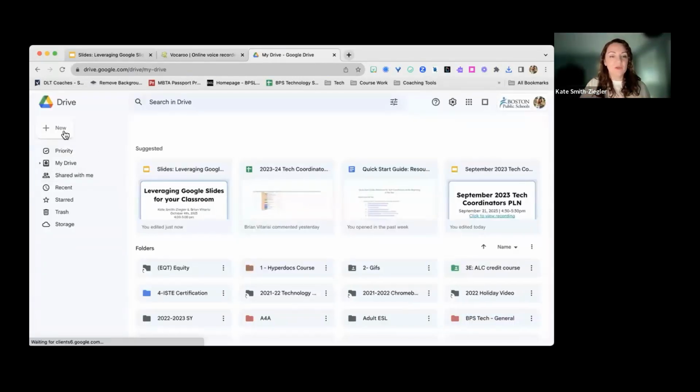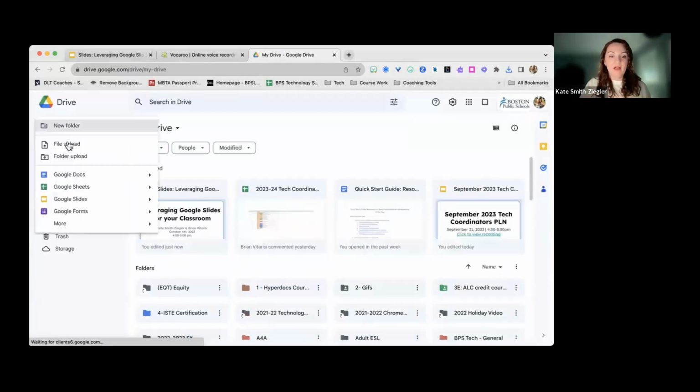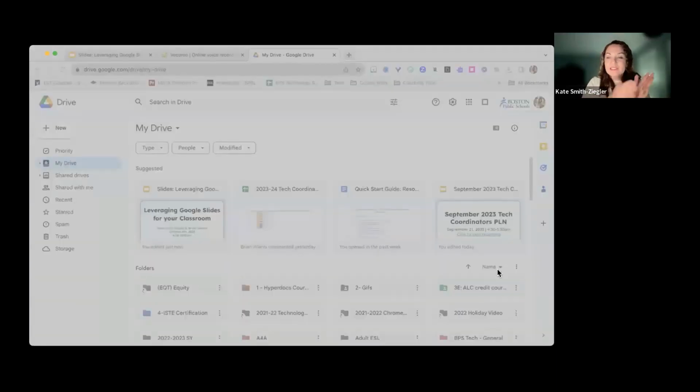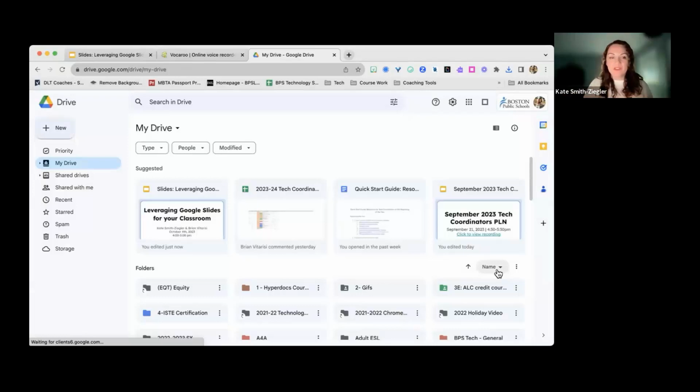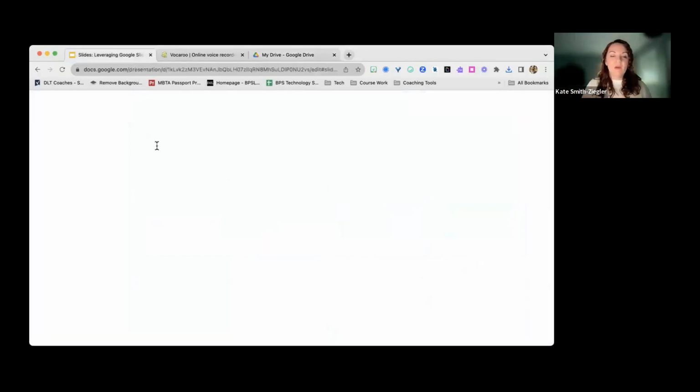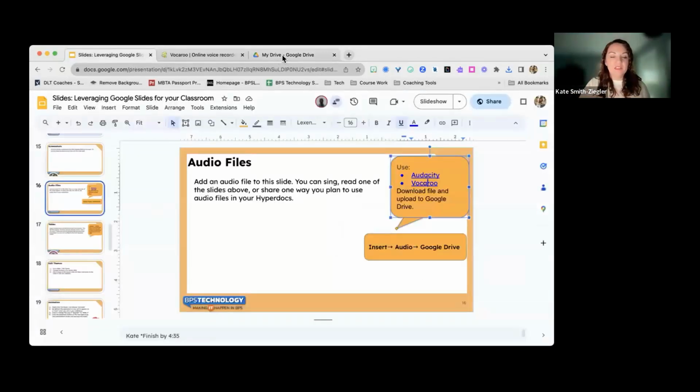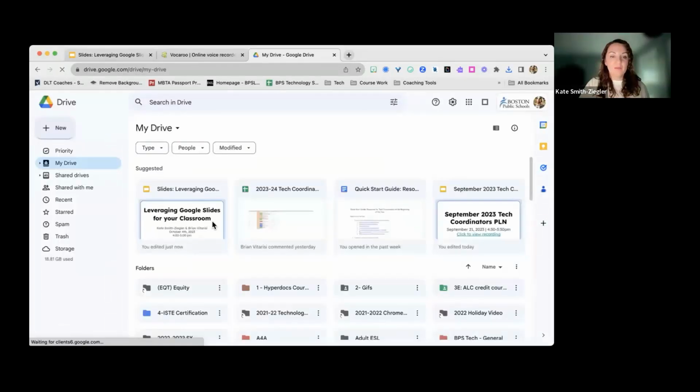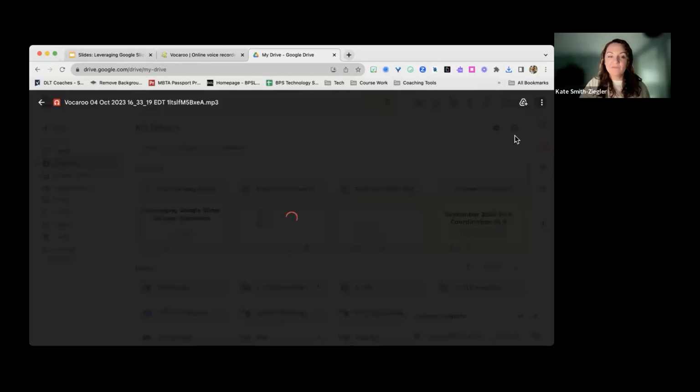So I'll do new, file upload, and I'm going to grab that Vocaroo file. It was the last one there, so if I do it all at once, it's kind of easy. So now it should be in my drive, and there is a little annoying part. There it goes. I think we still have to make sure that our share settings are good. I don't know why Google does that so often, but